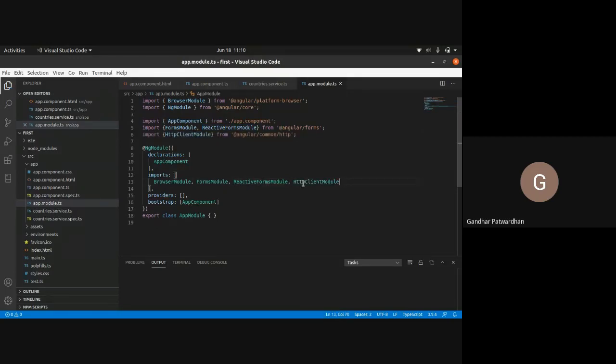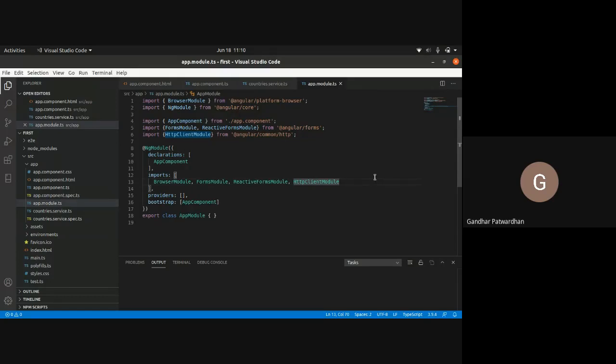Now, whichever component you are in, if you wish to use that service, you need to add it to the corresponding component's module, or to the module to which that component belongs. So I imported HttpClientModule and added it in the imports array.